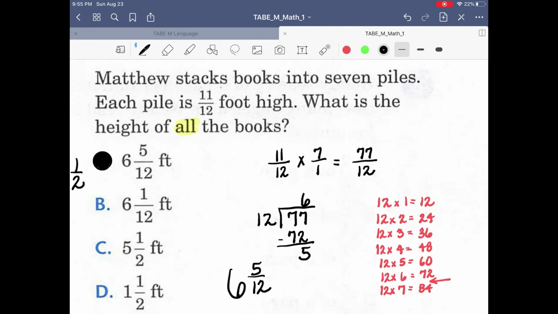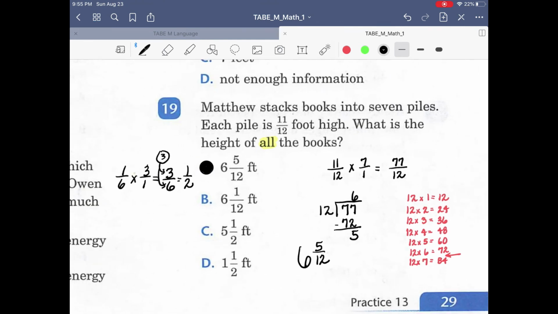This is why we had to spend so much time on long division. If you have a calculator, you're in good shape. But if not, you have to know how to do those. Alrighty, in the next video we will start multiplying fractions times fractions. This is fractions times whole numbers, but we'll have fractions times